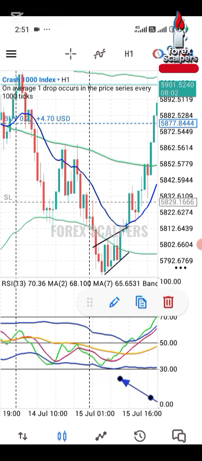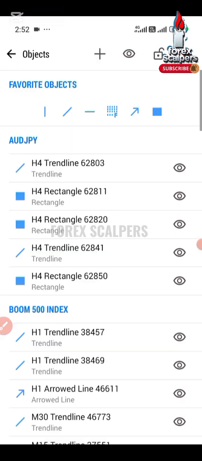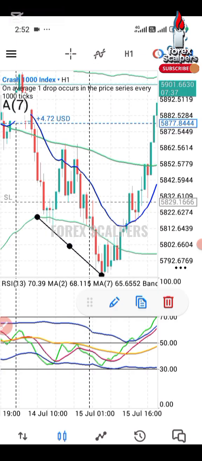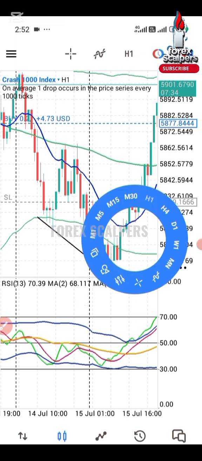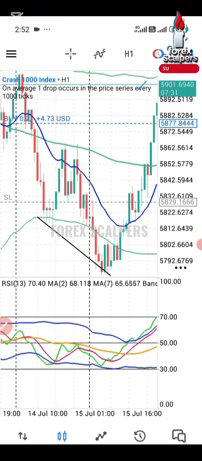So if I'm to consider this low here, this low here, then this price line, only the green line, this and this. So let me connect my trend line to that low. I'm connecting this low to this low, and then I'll connect this low to this low. I'll connect this low to this. So if you observe, this is a lower low,